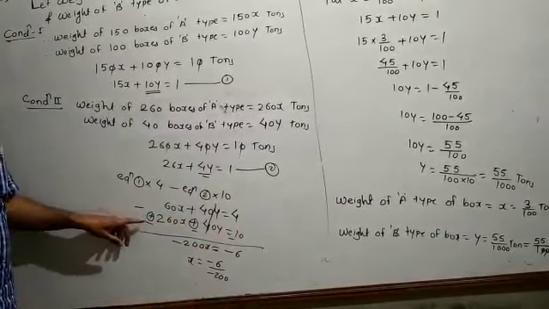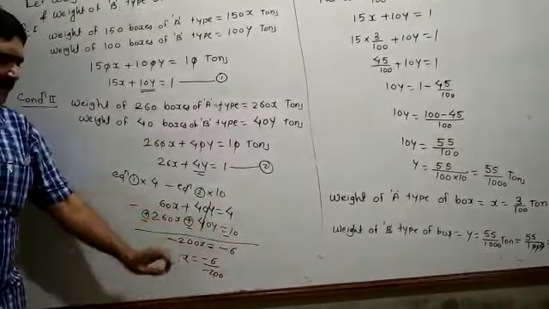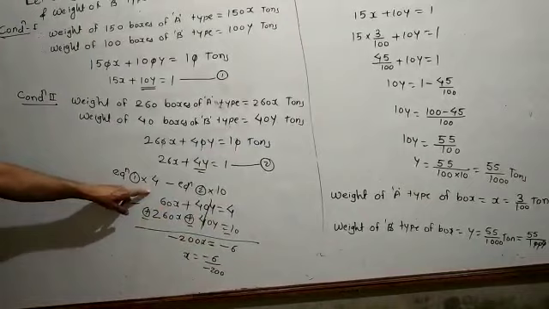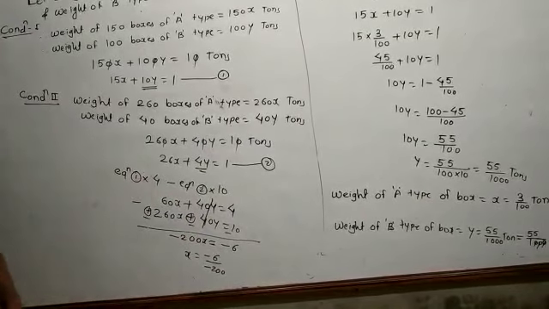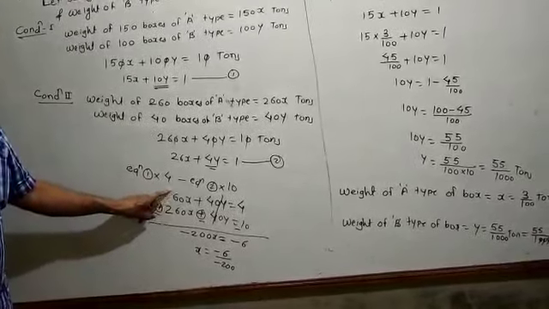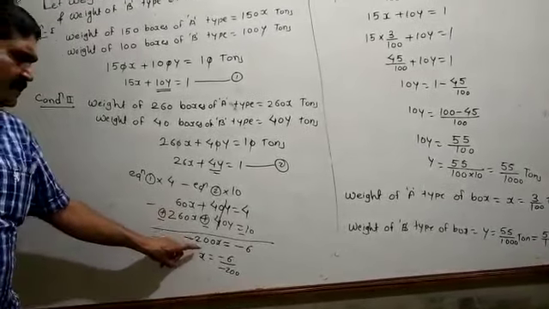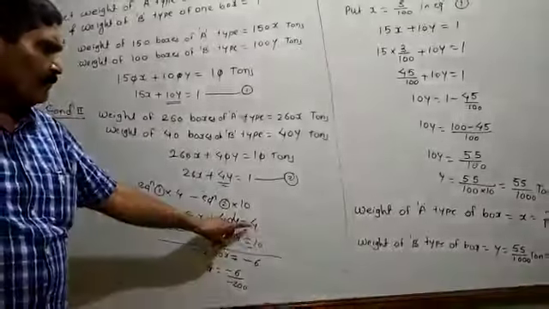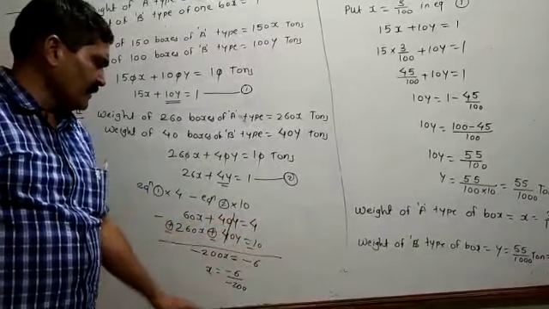Once you give the minus sign, this plus becomes minus, this plus becomes minus, and this plus becomes minus. Here you have to use the rule: if one number is positive and another one is negative, find the difference between their magnitudes and give the sign of the greater magnitude. Plus 60 minus 260 is equal to 200x. Plus 4 minus 10 is equal to minus 6.